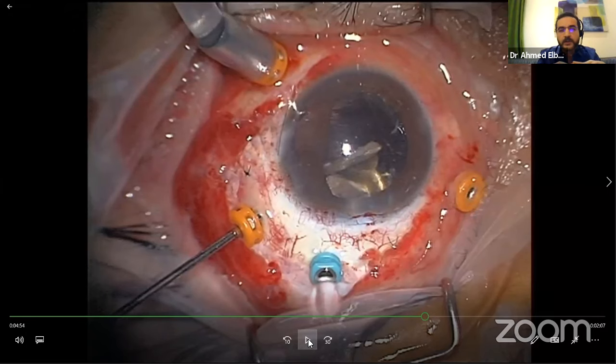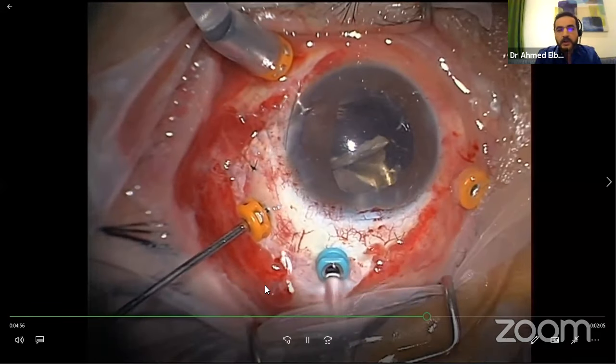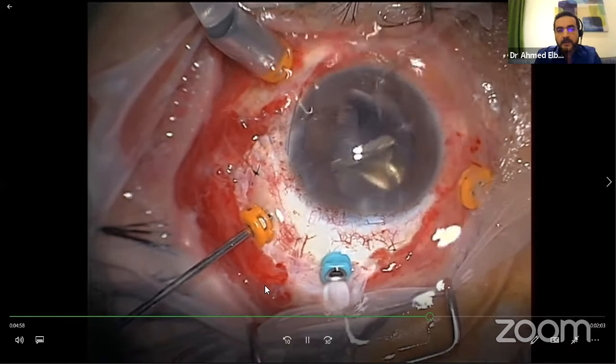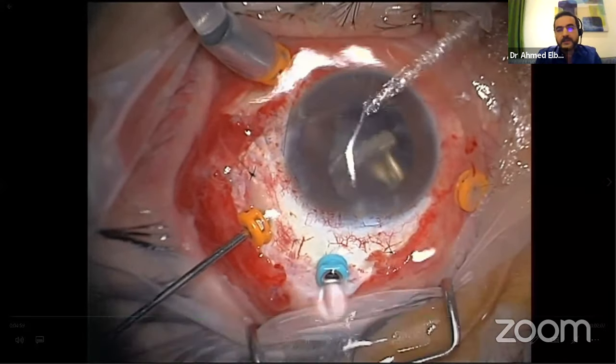So there is a sort of positive pressure and the iris overlaps. So this is a very important point here to adjust your intraocular pressure. You can use a vent if you have a valved trocar, or you can cancel the IOP control of the machine, because the inflow is always equal to outflow after enlarging the corneal wound, to avoid iris prolapse. So going back, now I hold it with my left hand, and now definitely there's some viscoelastic, but